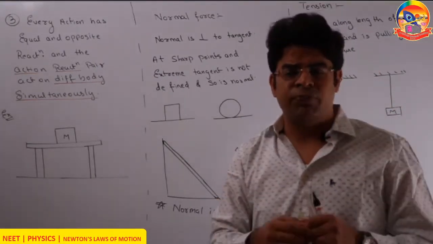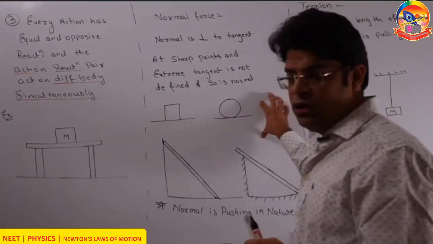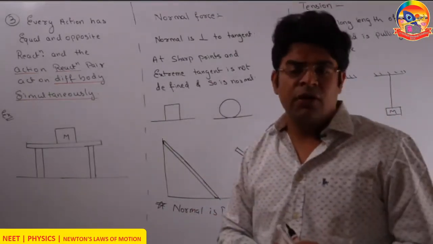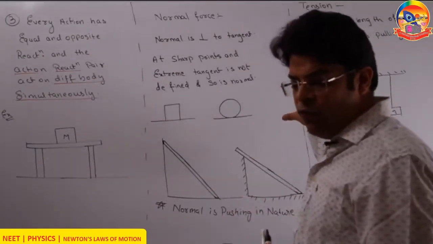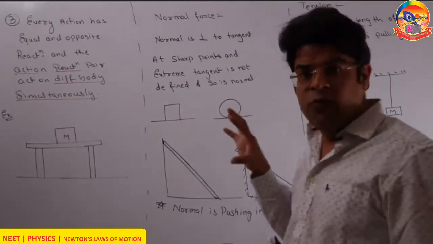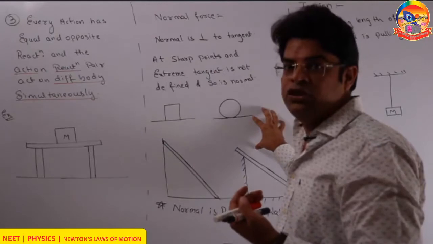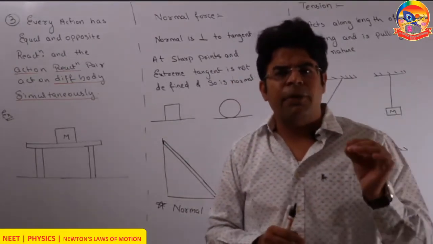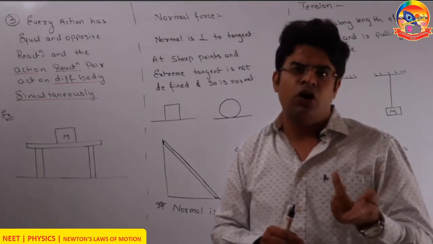Which one is reaction? Some people say that the force applied by me on the board is action and the force applied by the board on me is reaction, which is again incorrect. In the frame of the board, my hand moved towards the board and pushed the board. But in the frame of my hand, my hand was static, the board moved towards my hand and started pushing my hand. So, in an action-reaction pair, you can take any particular force as action. If you call one force action, then the other force must be called reaction.